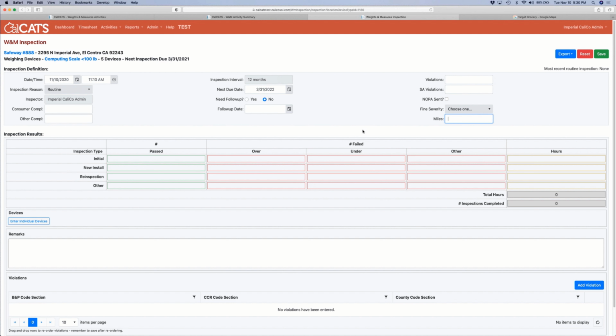And then the last thing we have here is miles. It's good to track miles on all of your inspections, but it's important if you're doing, for example, a re-inspection. Most of the time, your re-inspections are sort of covered by your device registration fee. But if a device fails a certain number of times, you have the option of charging the business for that